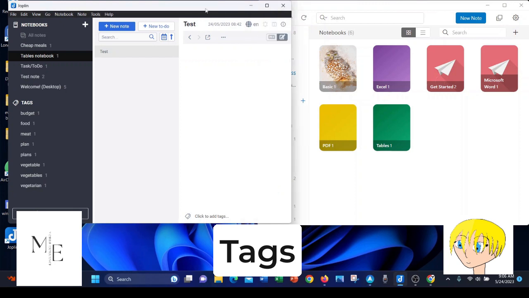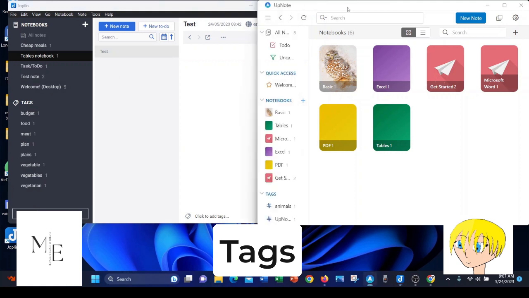They both offer tags. In Joplin, when you are in a note, you click the little link at the bottom of the screen, and that's how you add tags, and they will be populated on the left-hand side of the screen under the notebooks. In Upnote, it also has tags, but the way you go about creating them and inserting